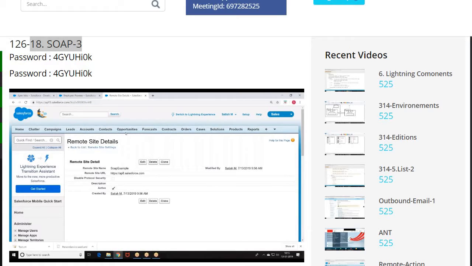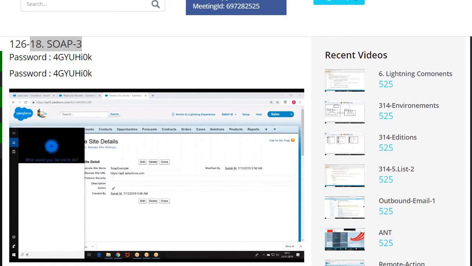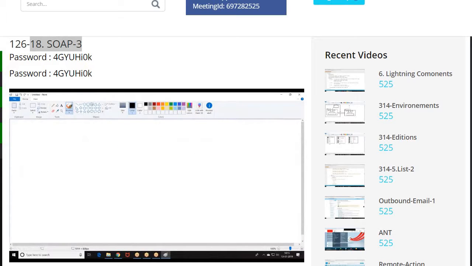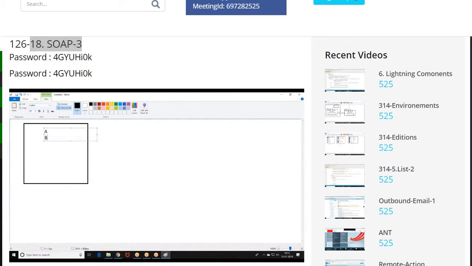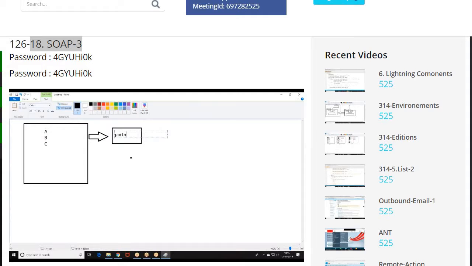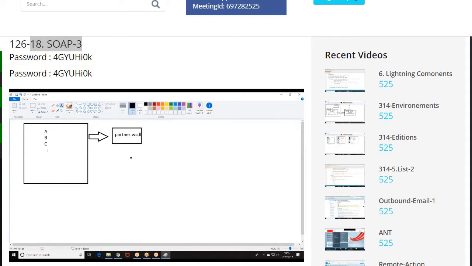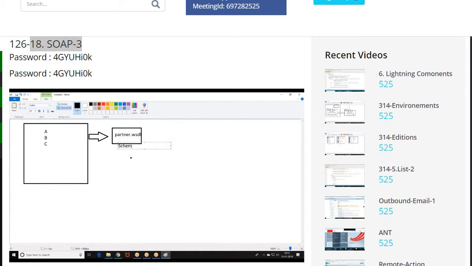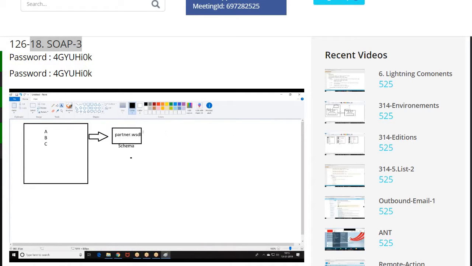That means, if I have an org with A, B, C, when I generate a partner visual file, this will not have the data about ABC. It only contains schema information. So, when I give this to a third party,